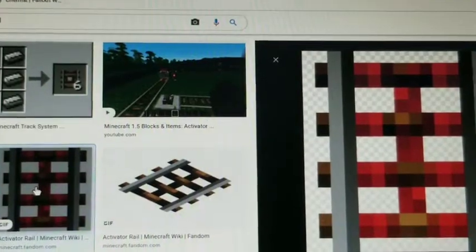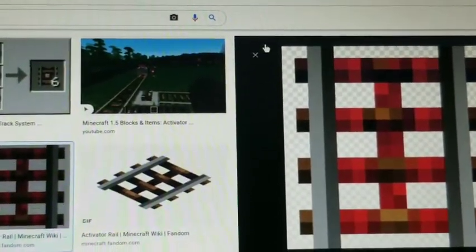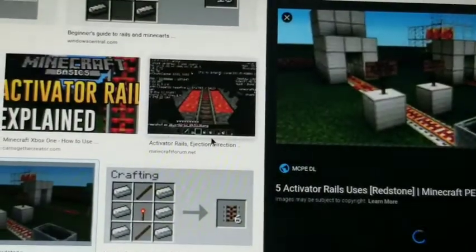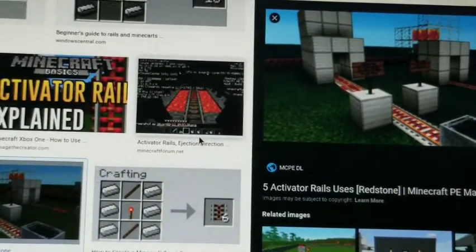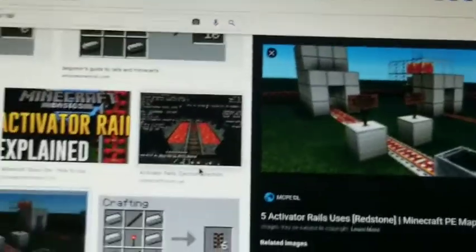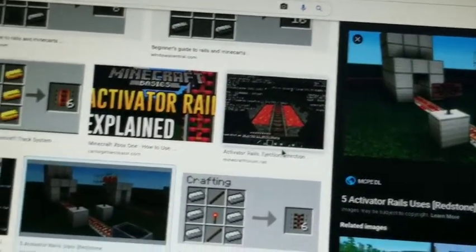If you look at the activator rail of the GIF, it turns on and off due to the fact that it's been powered on by a stick of matches. Careful. Some people use signs and glass and magma to underestimate what it feels like. Now, in order to make an actual